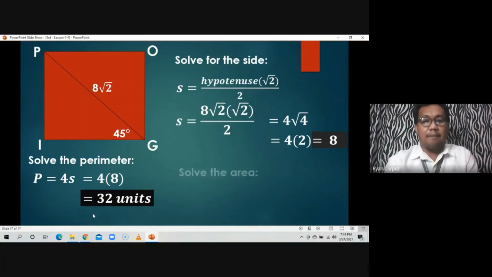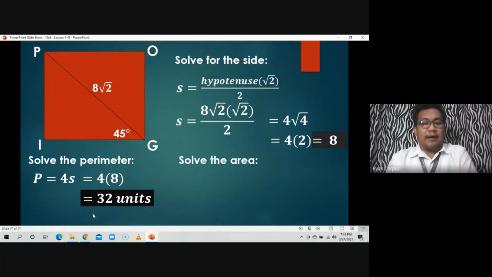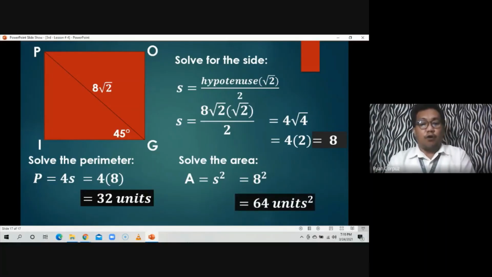How about the area? To solve for the area, we can use the formula: area is equal to S squared, or side times side. That's the formula for finding the area of a square. The measure of the side is 8. So substitute it, that would be 8 squared. So 8 squared is 64. Since we are referring to the area of a square, it should be in square units. So it should be 64 square units as the area of that given square,